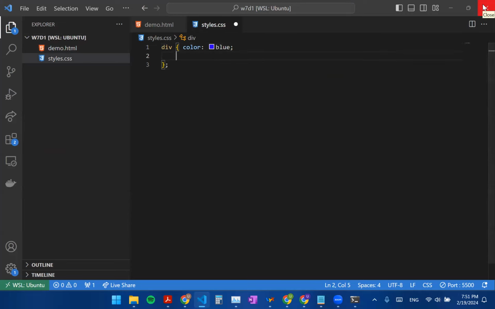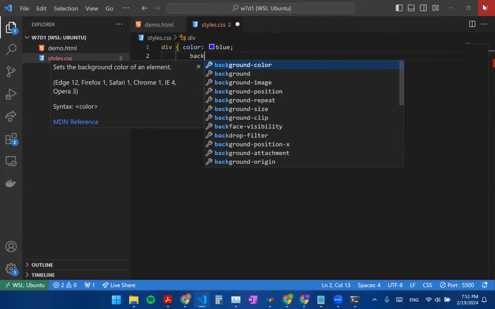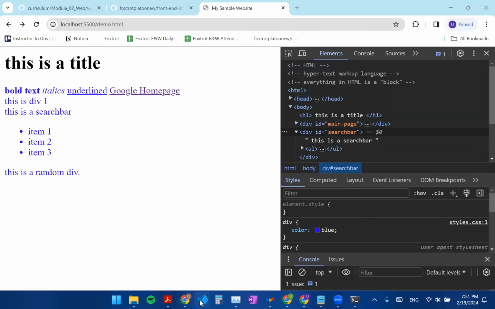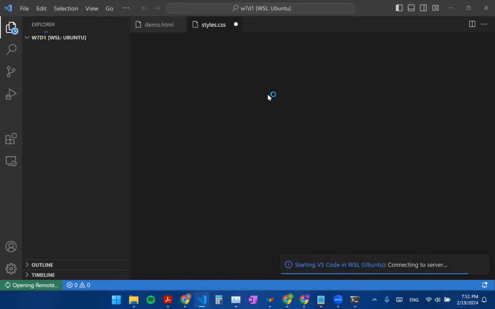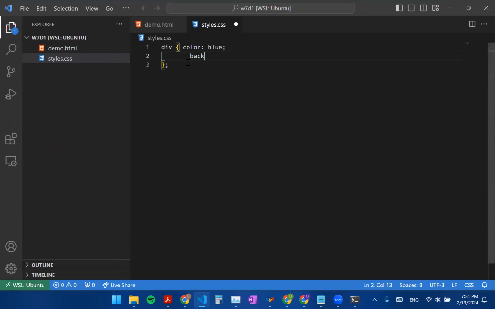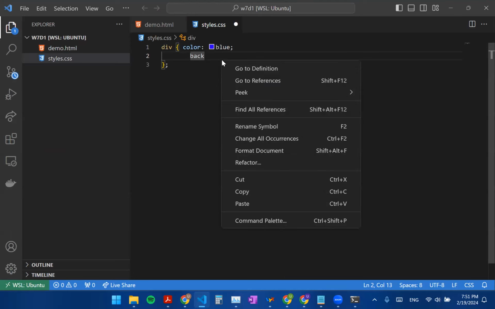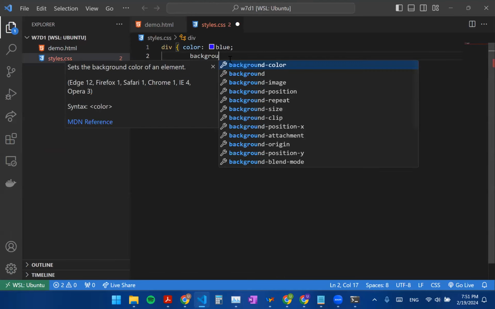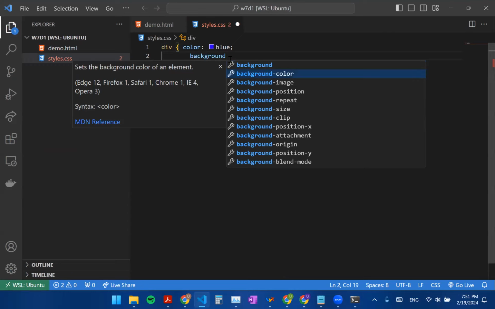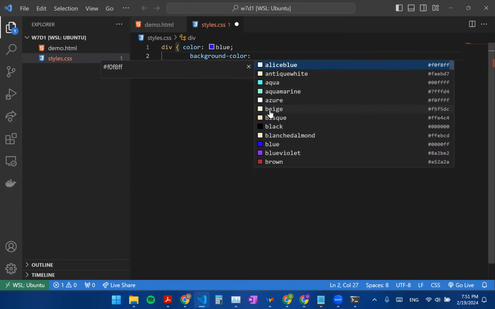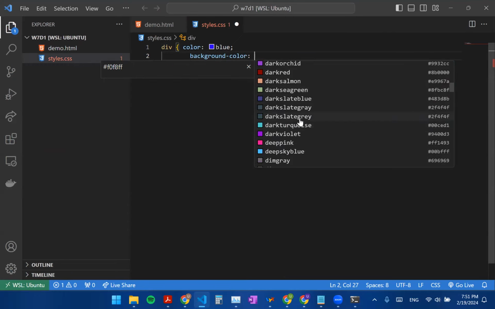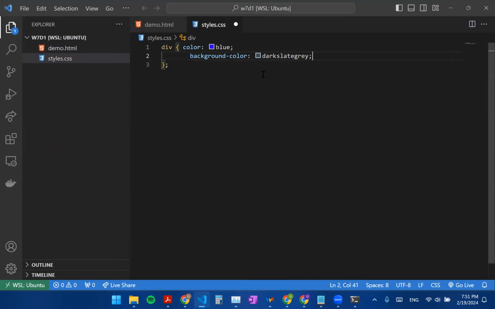So we could say color, and then, oh, no, I still need VS Code. Okay, there we go. We could say that I'm going to edit the color, and then we can also edit, let's say, the background color of the element is going to be dark slate gray. So again, remember, CSS is all a dictionary. So attribute, value,